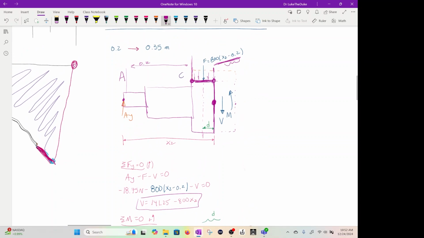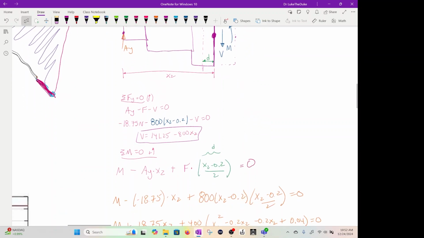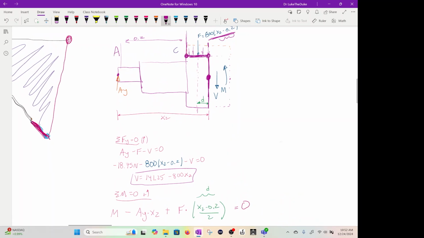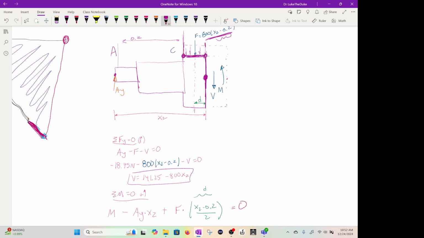And then, in order to find the moments, we take the moment, set it to 0. Okay, let me keep it right there. So the moment minus AYX2, because again, that's a negative moment, plus F times the distance. Okay, so I already told you, let me do this in light blue, that this distance right here